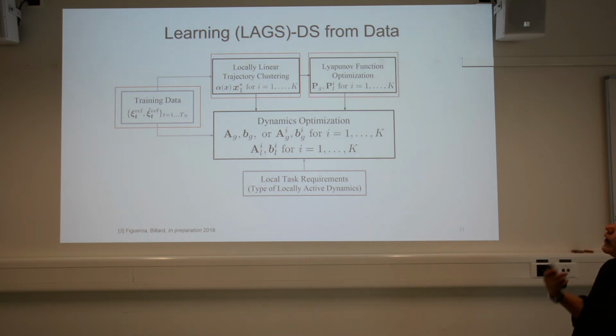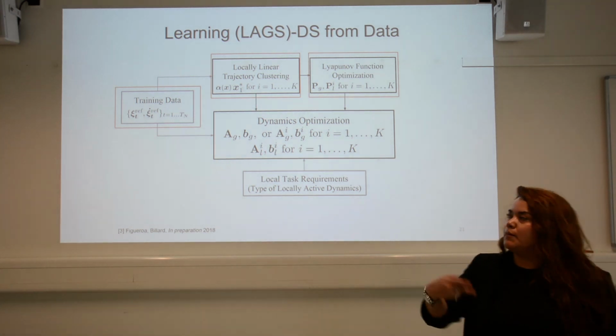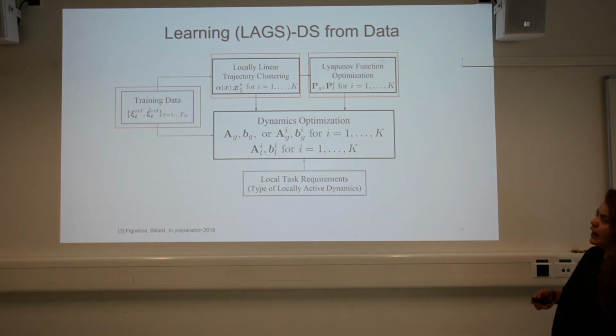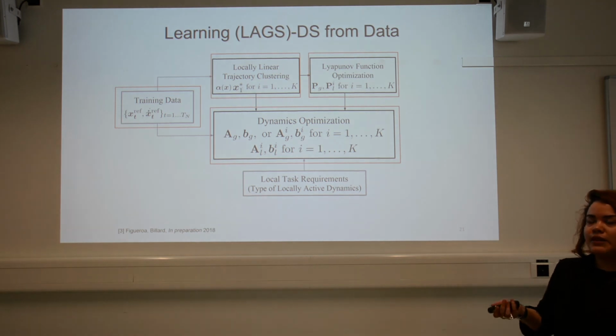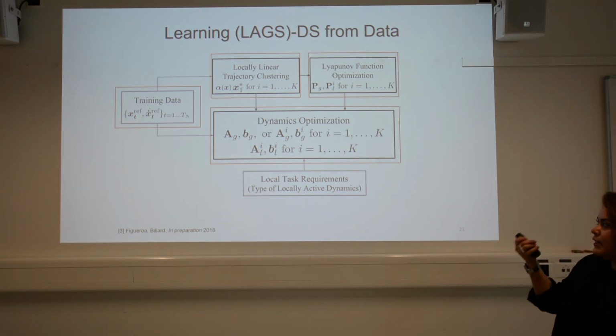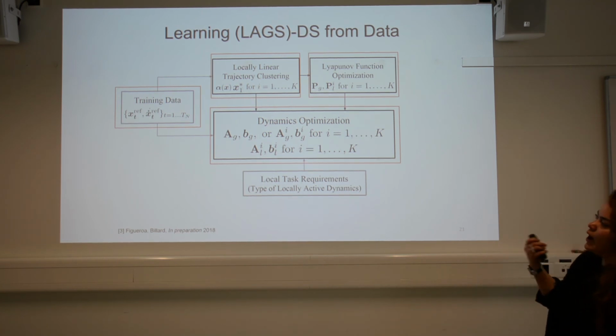Then we learn the Lyapunov function, learn the parameters, basically the P symmetric matrices for the global dynamical system and for all the local dynamics. And then once we have all these parameters, we fit them to this big optimization problem that basically estimates the global system matrices as well as the local system matrix,